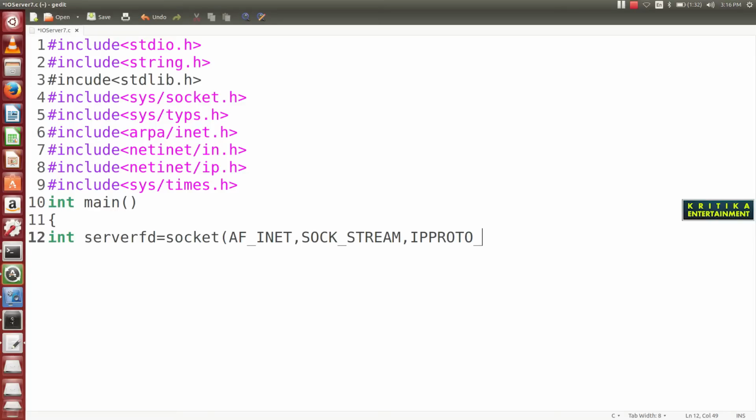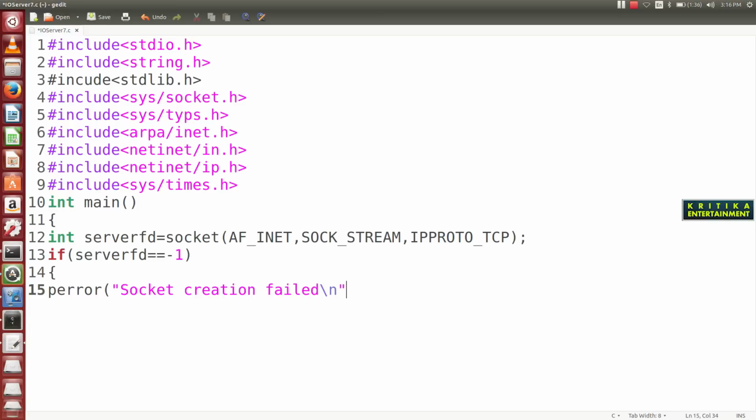Here I will use the TCP protocol. Okay, this is created. Then I will check if server_fd equals -1, then socket creation failed. Here I'll write perror, socket creation failed. Then after that I will close my program.